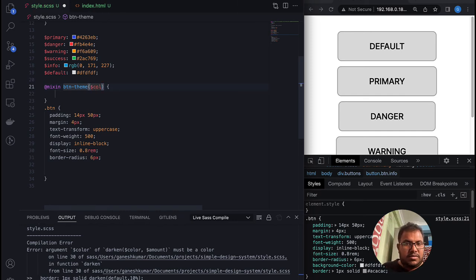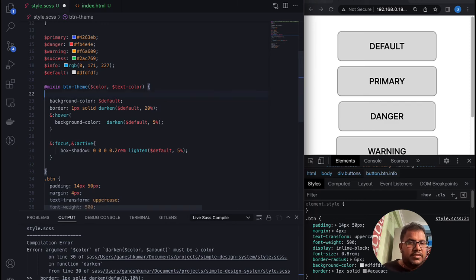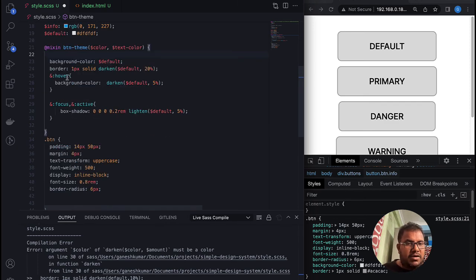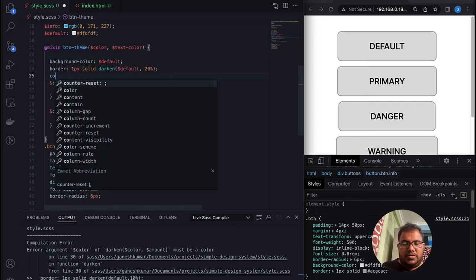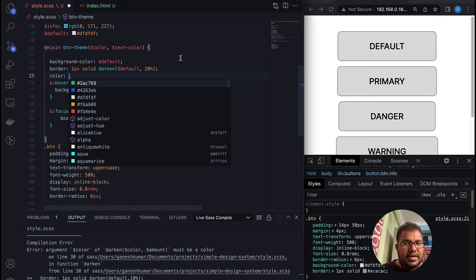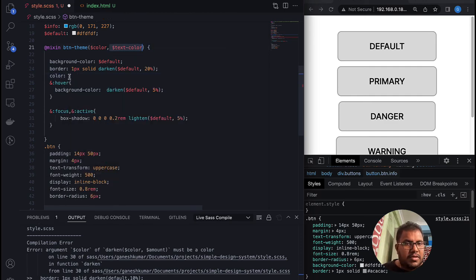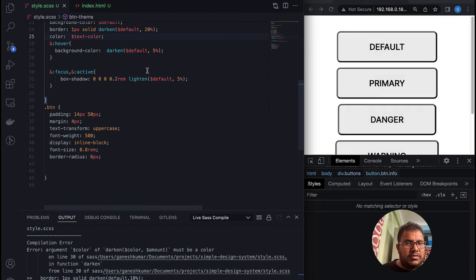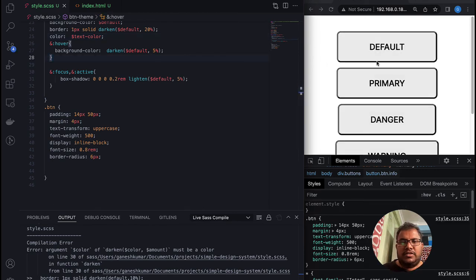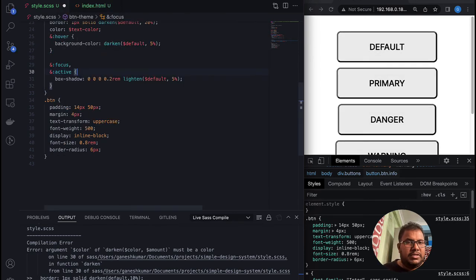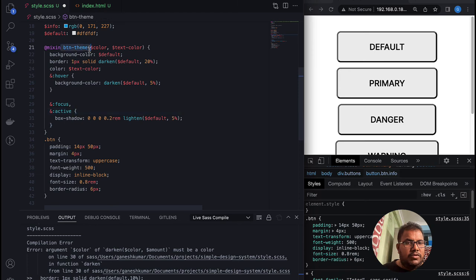color and text color. If I'm changing the background color, I might see the need to change the text color also. So I have these two variables taking in and these two styles. I really don't have a class to change the text color, so I'm adding it now. Add this. Now you can see this is broken, and let me just format it